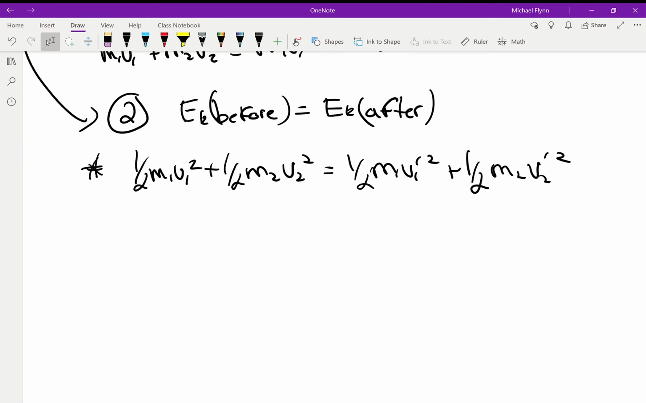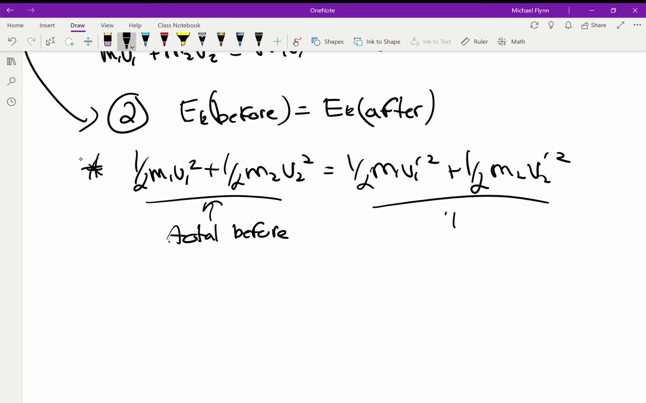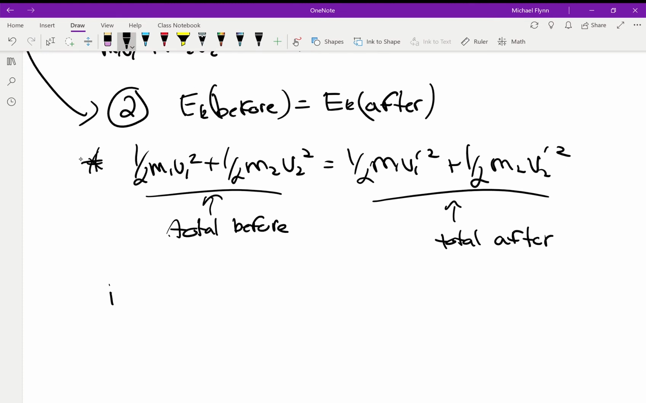But how do you tell if a collision is elastic or not? Well, what you do is this is the total before the collision, right? And this is the total after. So what you just do is you check to see if they're equal. Usually they're not. Usually there's less after. And what's happened is you've lost some to waste heat. Okay? So in an inelastic collision,